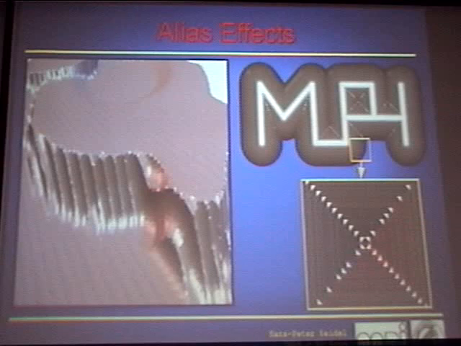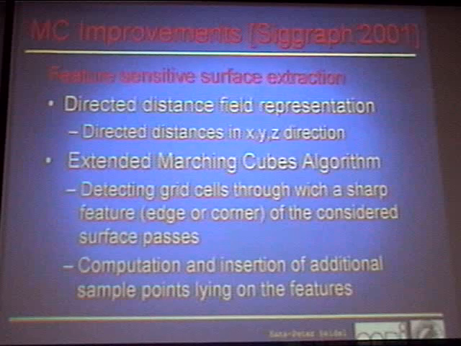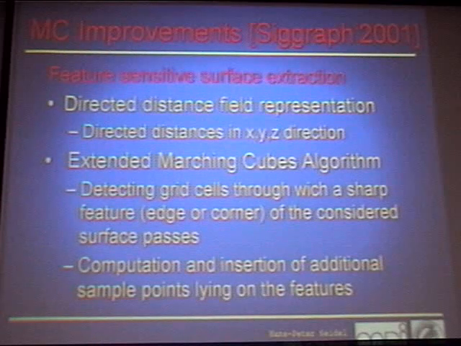Another instance here, the MPI logo and some distance field to it processed through the marching cubes algorithm, where you see these artifacts. And well, we have basically tried to address this deficiency in some recent work